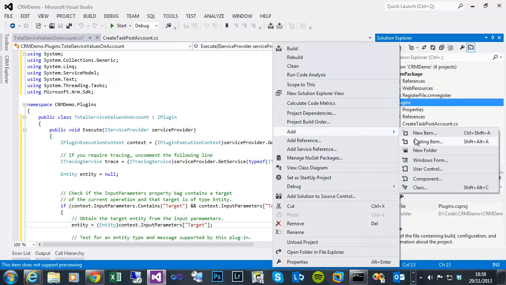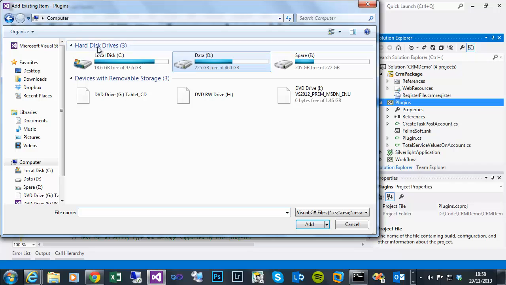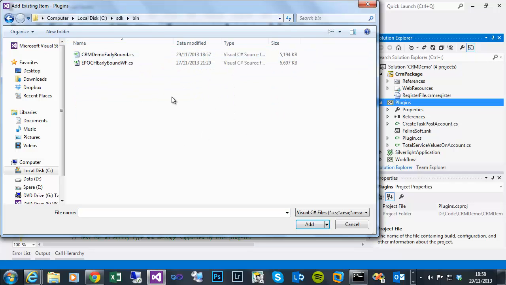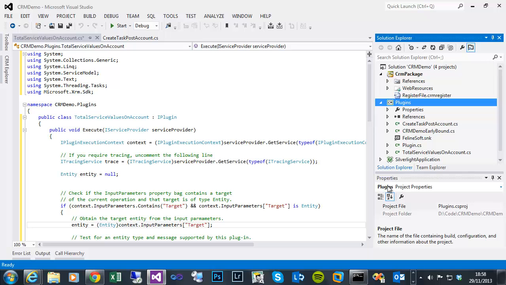right click the solution, add existing item, browse to my SDK. In the output property of the utility, you could have specified an alternative path, but I didn't. So if I add that,